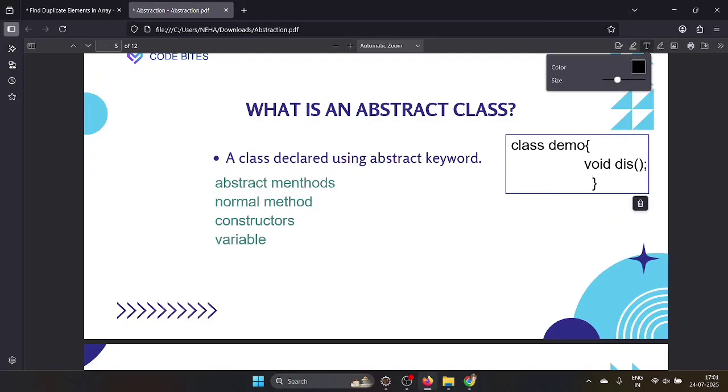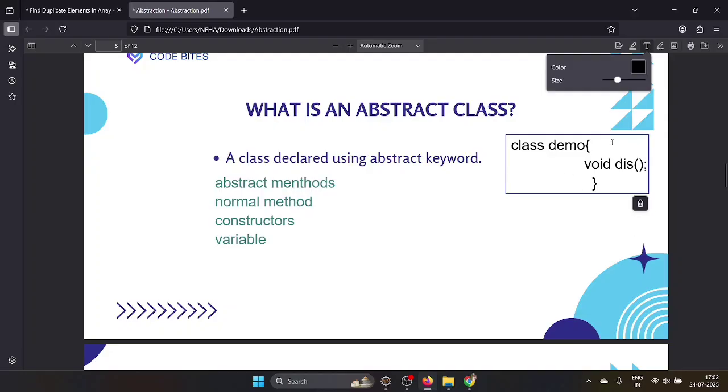Once again, if you have written just a method signature, with no body, we call it an abstract method because we have not written any body here.